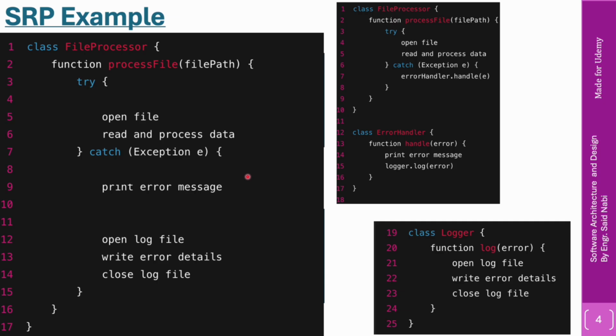So that was just a small demonstration of how single responsibility works, and this is the most fundamental principle that we need to know. I want you to have good practice of identifying responsibilities and splitting larger classes into smaller classes based on the responsibilities, so that there is more cohesion and also low coupling between the classes.